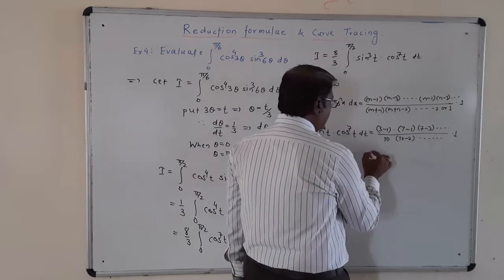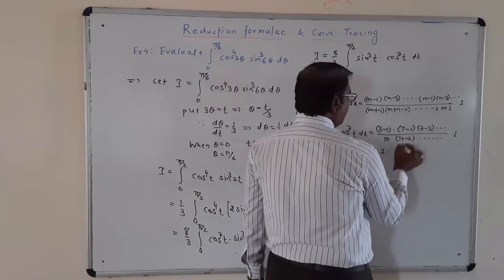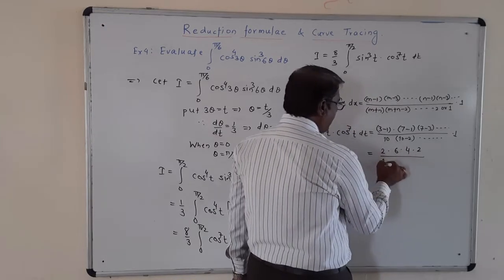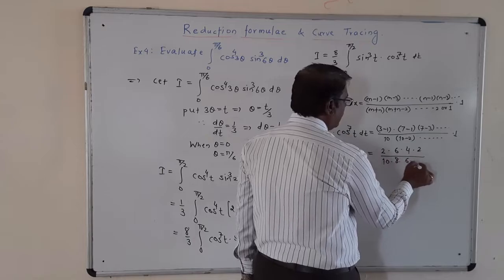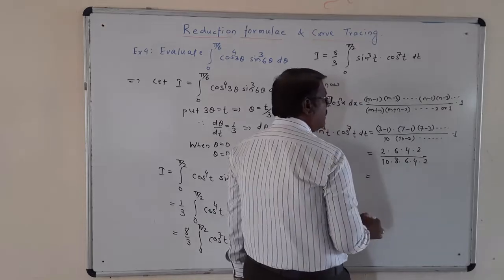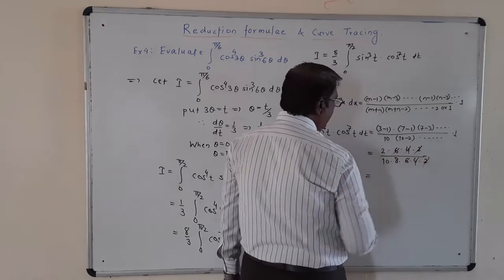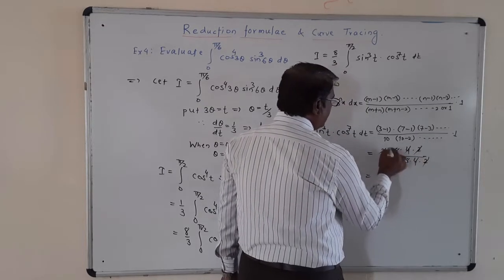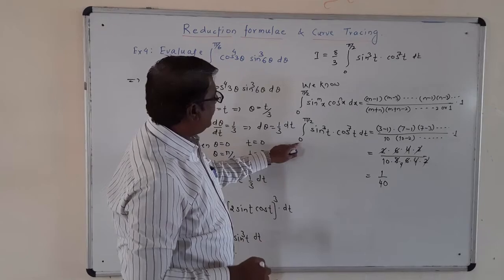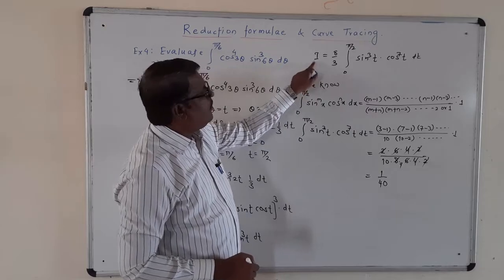So when I simplify this, I will get 3 minus 1, it is 2, that is the last term, into 7 minus 1, it is 6, into 4 into 2, divided by 10 into 8 into 6 into 4 into 2, and again into 1, not necessary to write. So the 2 will get cancelled, again 4 and 6 will get cancelled, so 2 4s are 8, and the answer comes out to be 1 by 40. But this is the value of integration 0 to pi by 2 sin cube t cos raised to 7t dt, but we want the value of I.